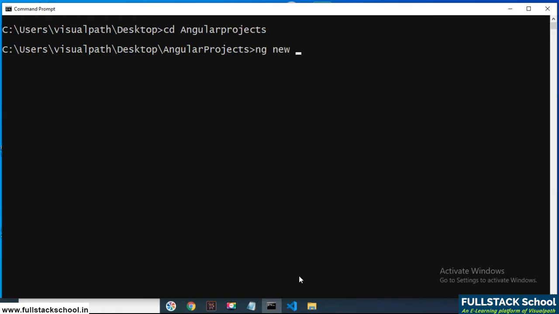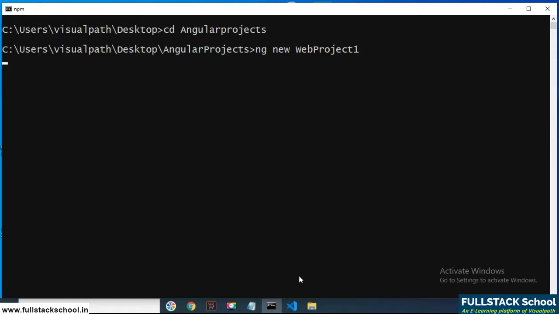We are creating an Angular project, first project, sorry, we can specify web project 1. It is the project name which we are specifying.